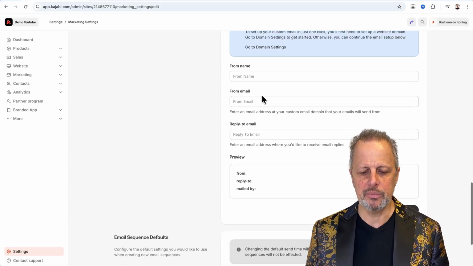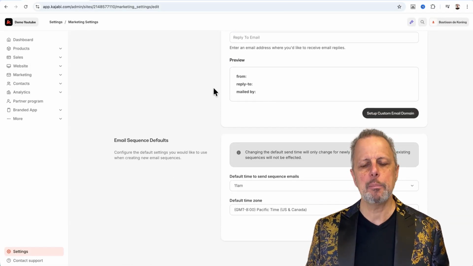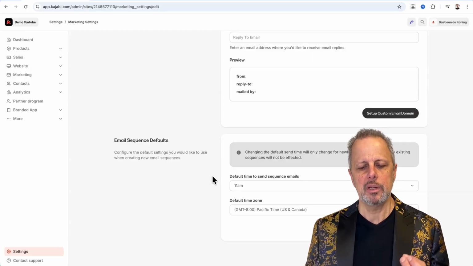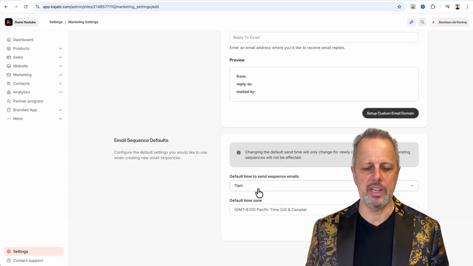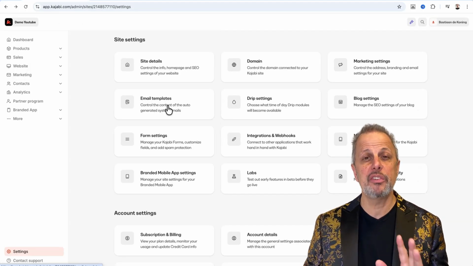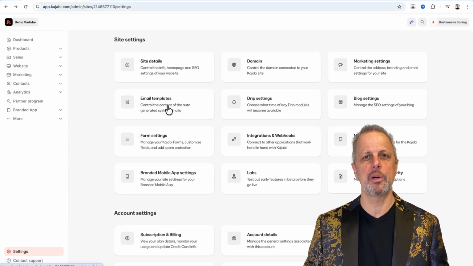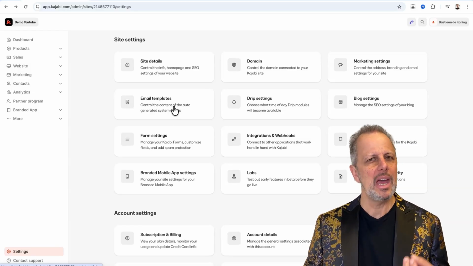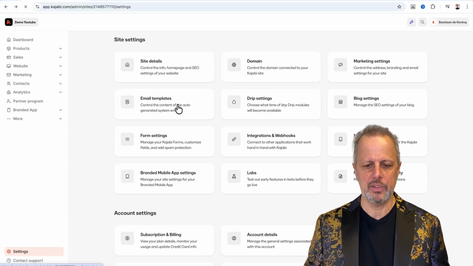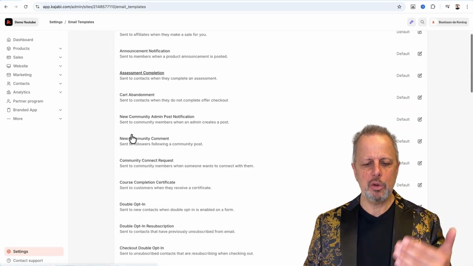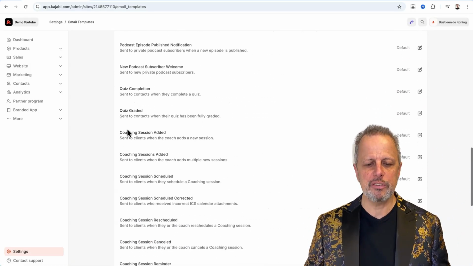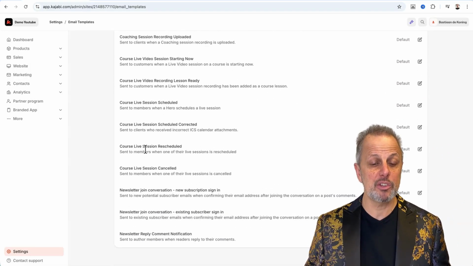So that's why it's not filled in here. And at the bottom, you can select at what time an email sequence will be sent out by default. Kajabi can send a lot of information to your customers directly from the system. And these are email templates, system emails. And you can look at them, and it's a huge list of all kinds of mails Kajabi can send to